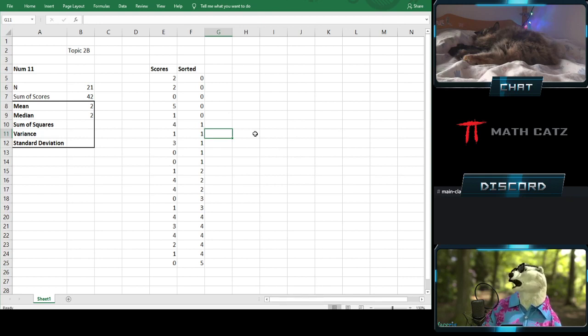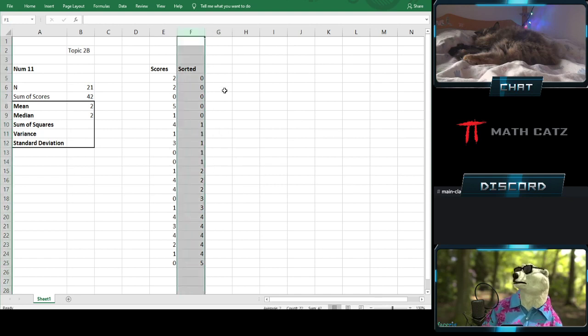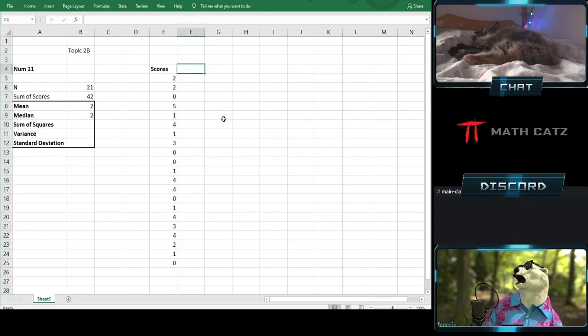You'll have to understand what I'm doing, but often you do have functions doing these little things. Okay. My sorted column is done. Don't need that anymore. I now want to move on to some of the square deviations, variance, standard deviation. All right. So let's go, can't spell, deviations,